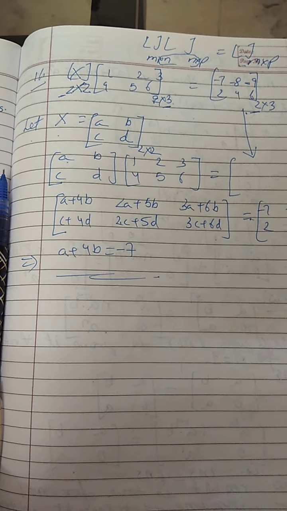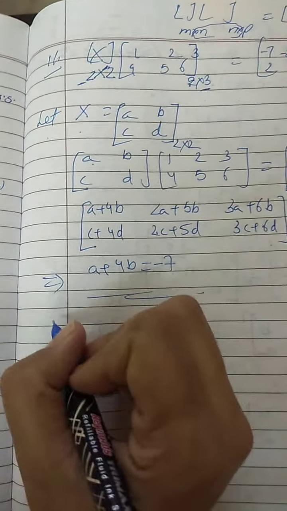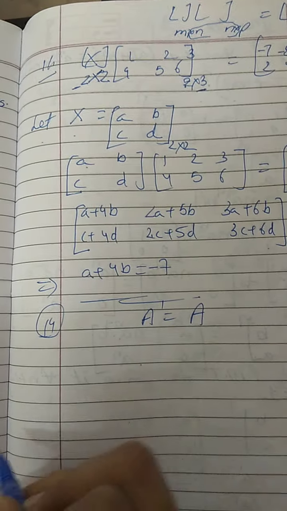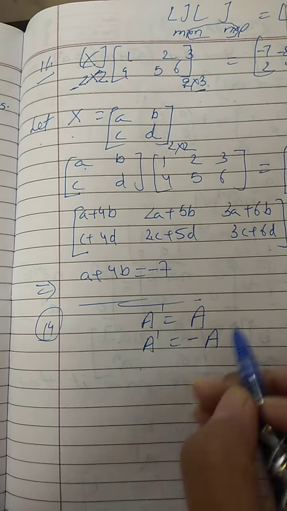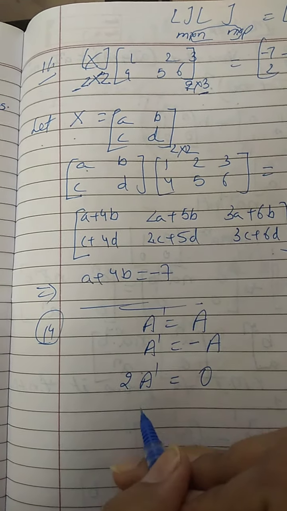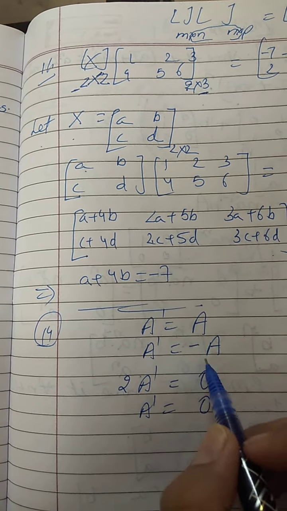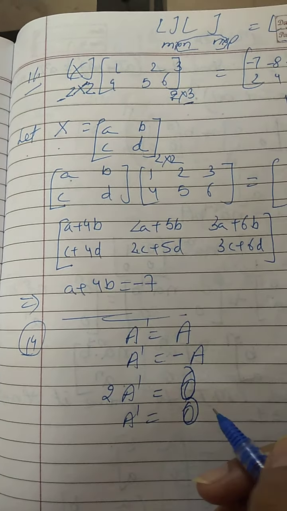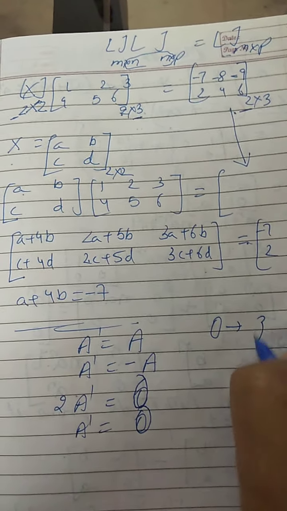And sum number 14, if the matrix A is both symmetric and skew symmetric, then see, if the matrix is symmetric, it means A transpose is equal to A. If the matrix is skew symmetric, it means A transpose is equal to minus A. If I add them, twice of A transpose will become 0, right? It means A transpose is 0. And when I am adding the matrices and it is coming null, this will be capital O, right? I am using the word 0, but when it comes to the matrix, it will be capital O, and this capital O means 0 matrix.